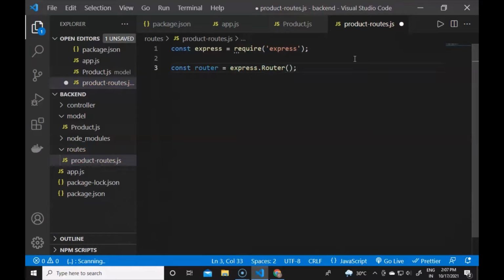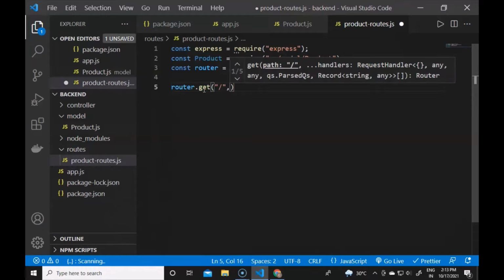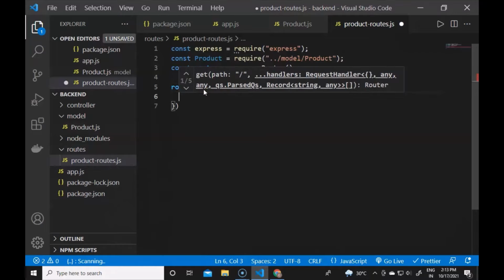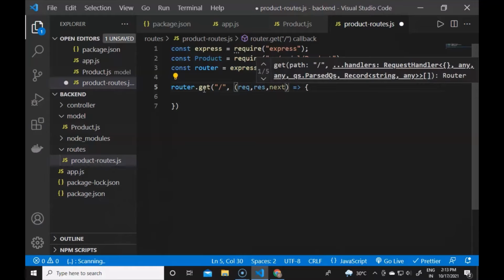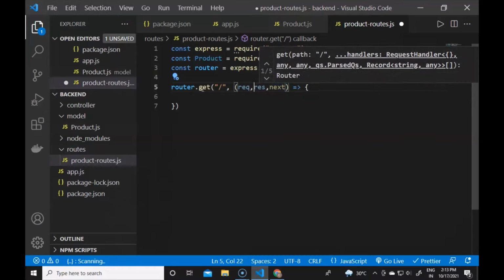So we will implement the router functionality, and now we need to create a get request from this router variable. It will be router.get, the GET request of HTTP. Then it will contain the same URL as the default, and then there will be the callback function. So I am writing a new arrow function, and this arrow function will contain three parameters: request, response, and next. The request is what we provide to it, the response is what we will get in the front end, and next moves on to the next middleware, and it will be an async function.